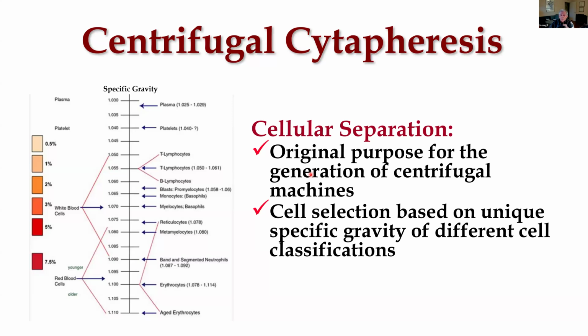So it's a little bit different than plasma exchange, where you could do plasma exchange on either a membrane-based platform or a centrifugal platform. But these cell collections have to be done on a centrifugal platform. It uses some of the same strategy that we use for plasma exchange, in that various components of the blood can be separated by centrifugation based on their specific gravity, where the plasma is denser than the cells. And so you can do a very hard spin and very directly separate the plasma component from the